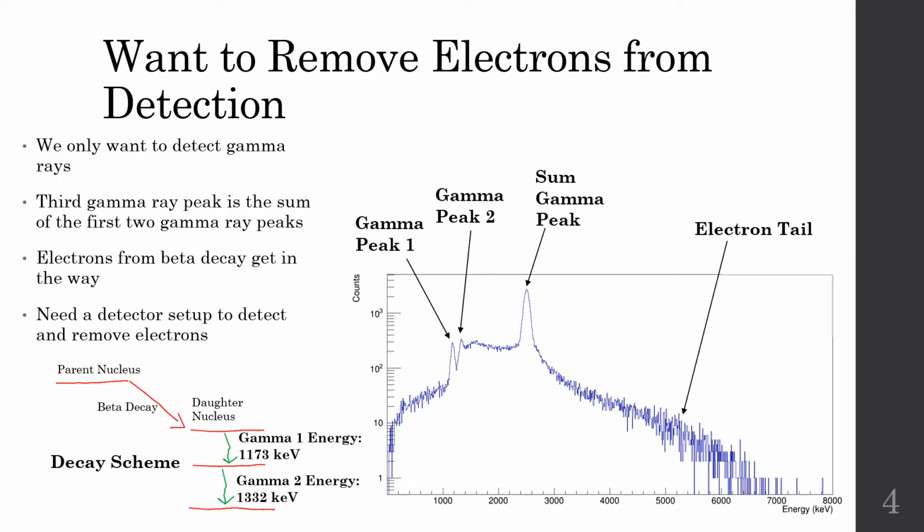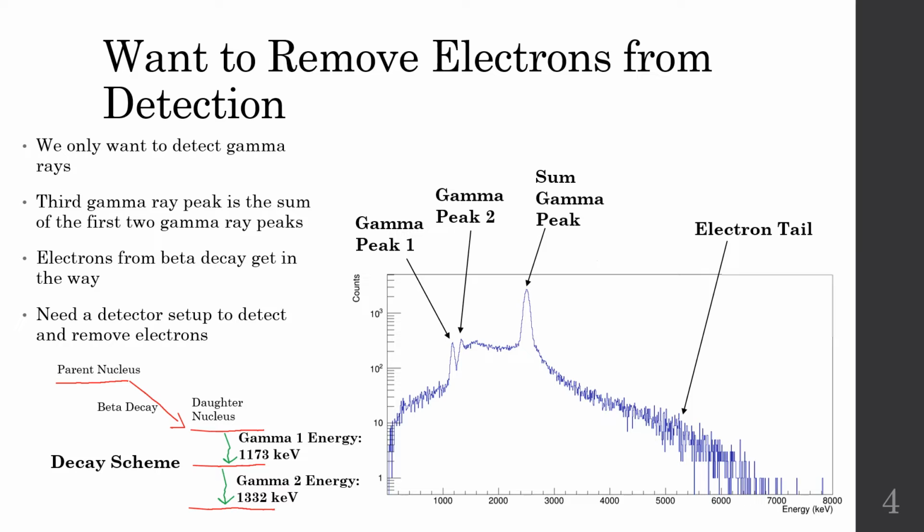And here, before we move on, I want to point out that the third gamma peak is the most important to our analysis, as it is the sum of the two emitted gamma ray energies. Thus, we want it to have many more counts than the first two gamma peaks. Pretty much, it needs to have the difference that it shows here. It has to have the first two gamma peaks be low, and then that sum, that third gamma peak, have